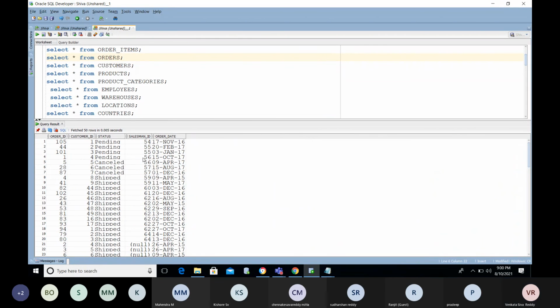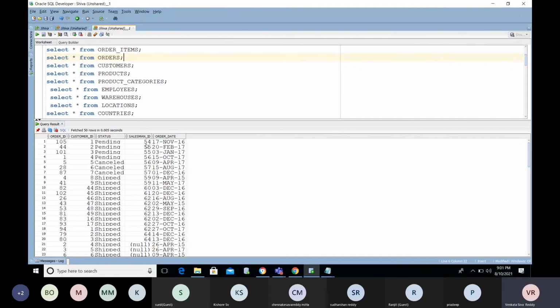I am thinking the salesman ID is related to the employee table. Got it? If anyone is selling your product, that means they are related to your employment, right? Only your company's employee will sell your products. Why should I sell your product? I cannot sell your company's product, I don't have any authority, right? If I am an employee of your company, I can sell your products.